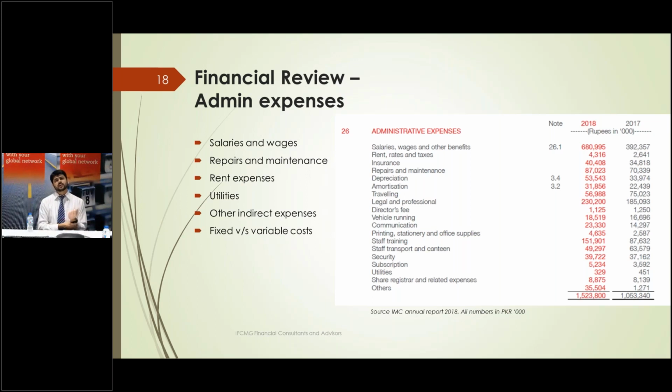Other expenses that we need to consider, again, we need to drill down into each of the line items: what is driving these costs and how are they ending up where they are. Have they been allocated, or are they directly attributable, or have they been apportioned, and so on and so forth.